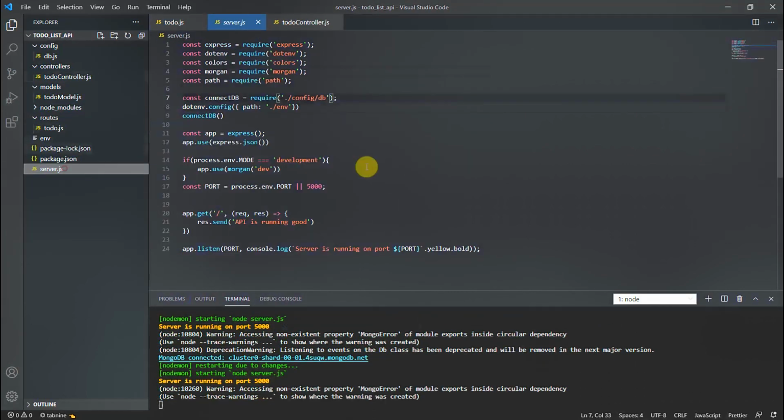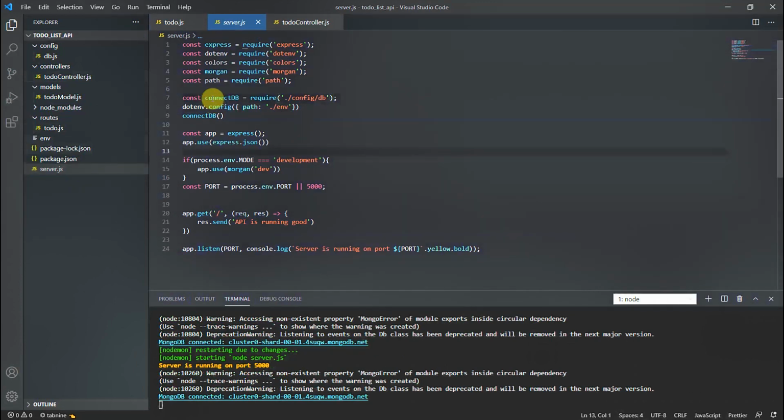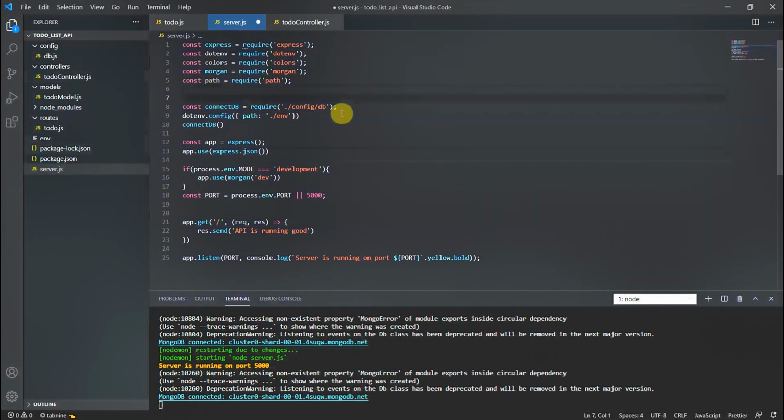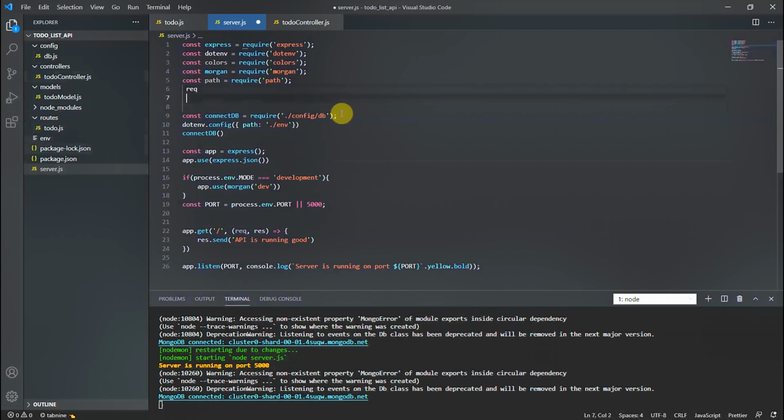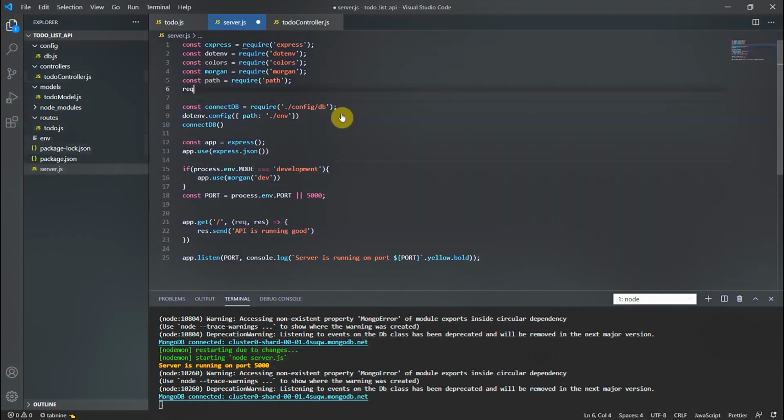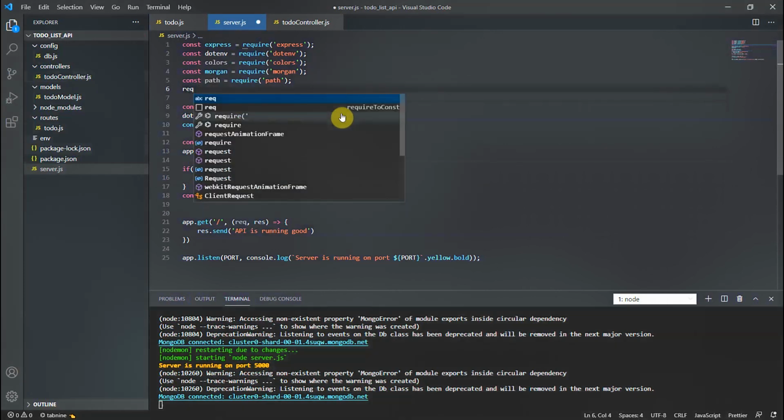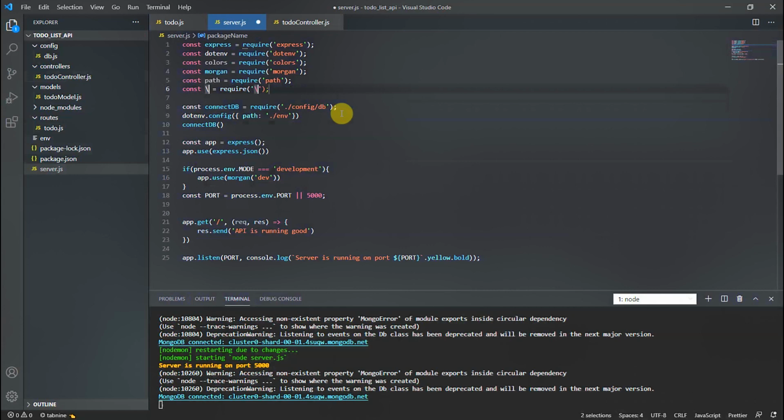Then go to that server.js file, the main file. You need to bring this route file in, so require the todoRoute.